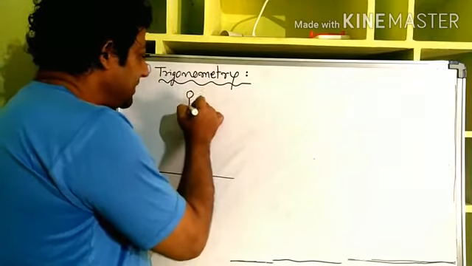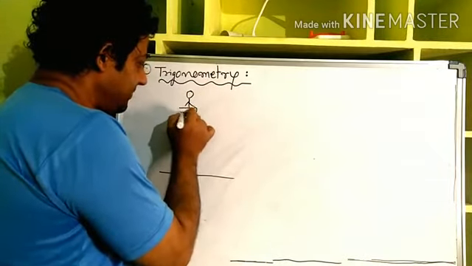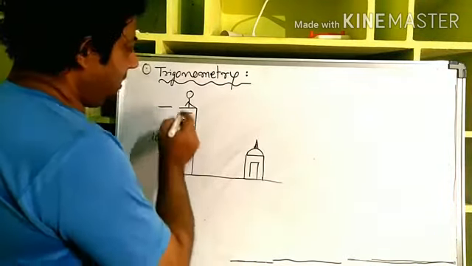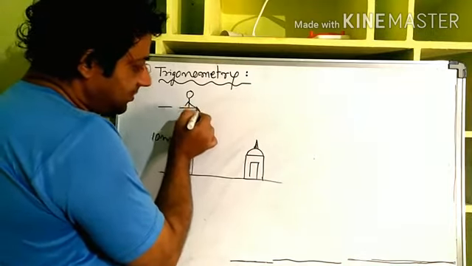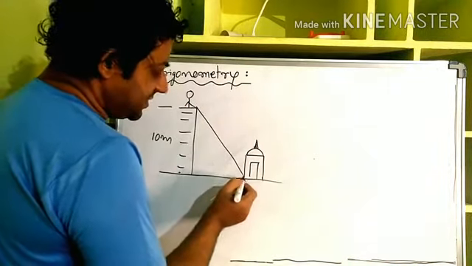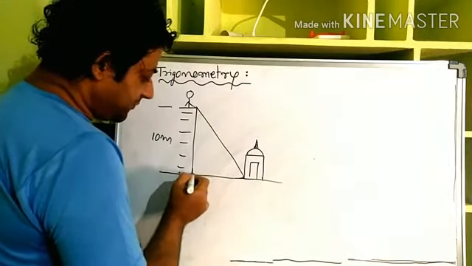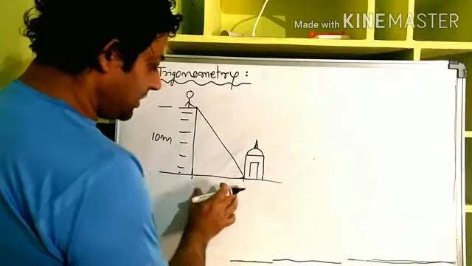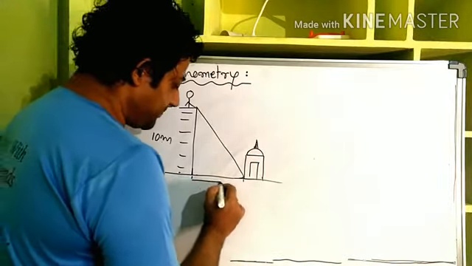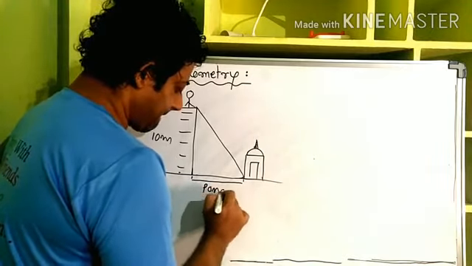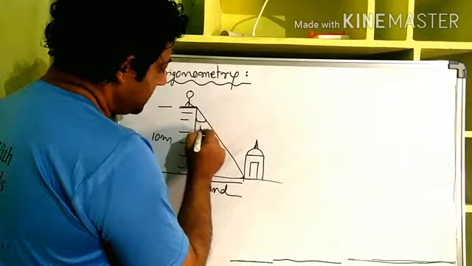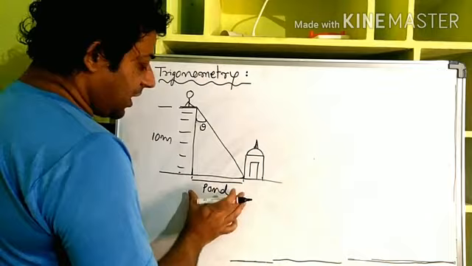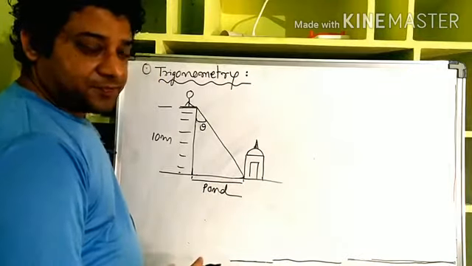Suppose you are standing at a certain height, okay? The building's height is known. Let us say it is 10 meters. You are sitting at the bottom of a temple, and from the temple to the bottom of the hill or the building you are standing on, in between them there is a pond, let us say. Now if you can find this angle and the height of the building where you are sitting, how can you find out the width of the pond?